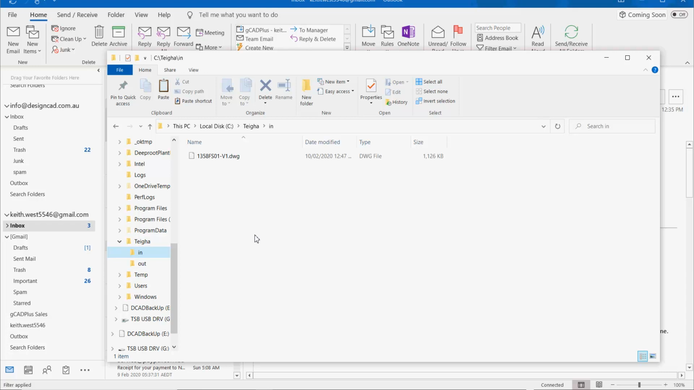Well, if you receive a drawing from, say, an architect or surveyor, pop the drawing as a DWG file into a folder we've called Teigha, and then we have an in folder and an out folder. So that drawing that we're about to process sits in the Teigha in. You don't have to set it up just that way, but as long as you know where the incoming drawing is put, now we can run the Teigha file converter and convert this drawing into, we would recommend, the DXF